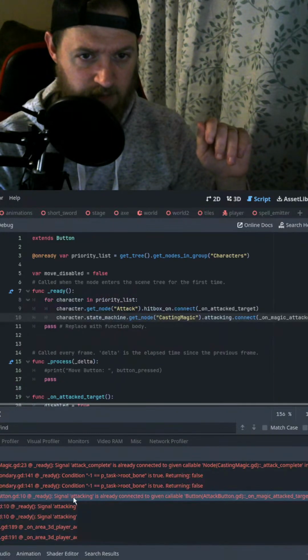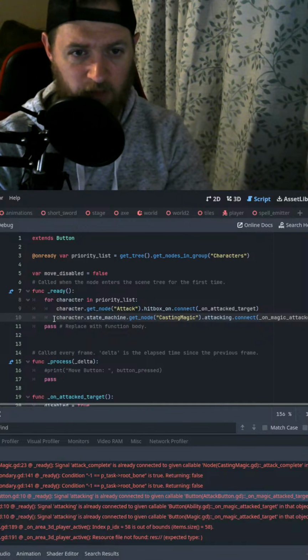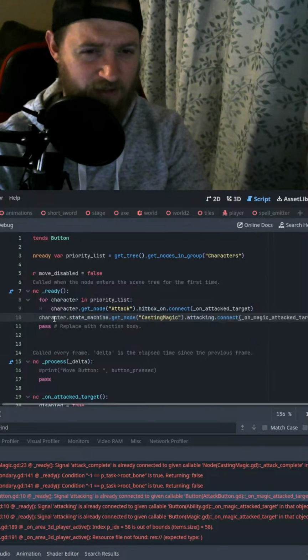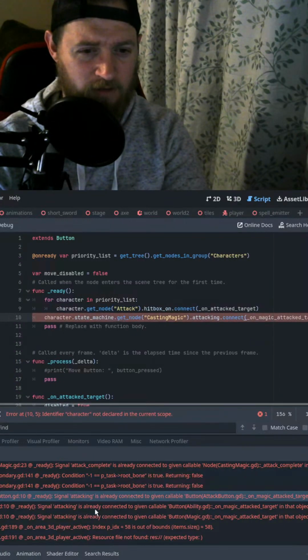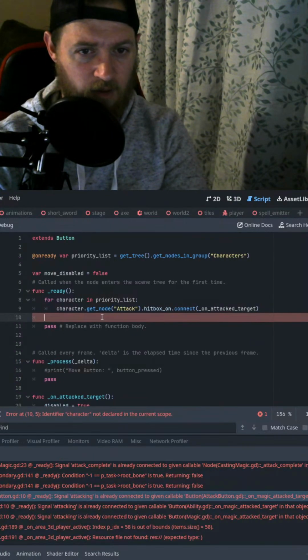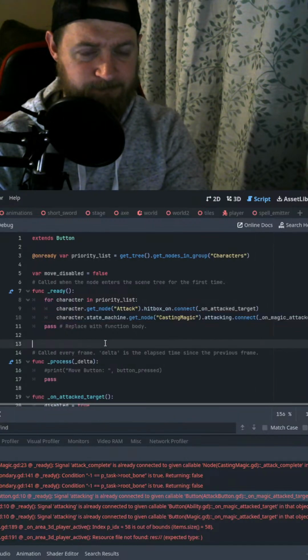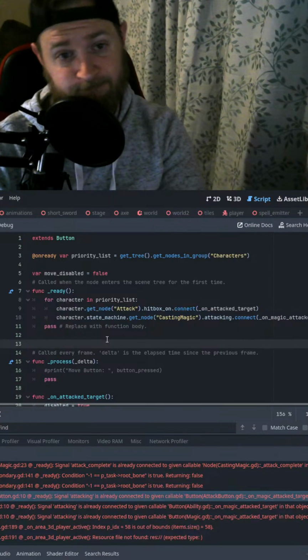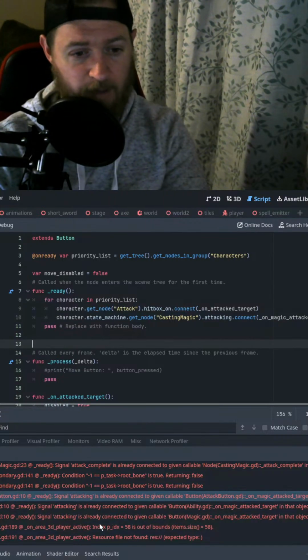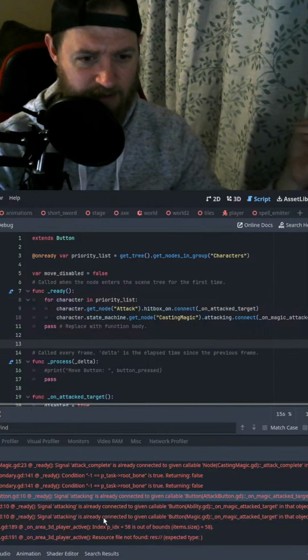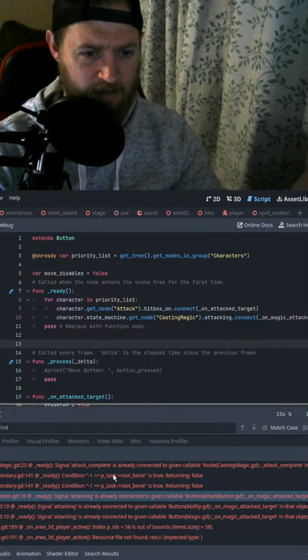Yes, and so for all of these, I don't need to do them twice. This shouldn't break anything, right? I mean, if it tries to do it, it just won't run. Oh, shoot. Okay, I'll fix that later because that shouldn't break anything. If you try assigning a connection that's already there, it should just ignore it. But why